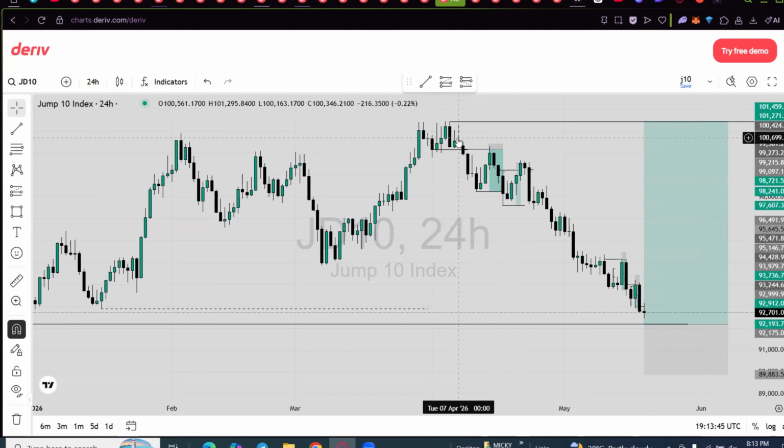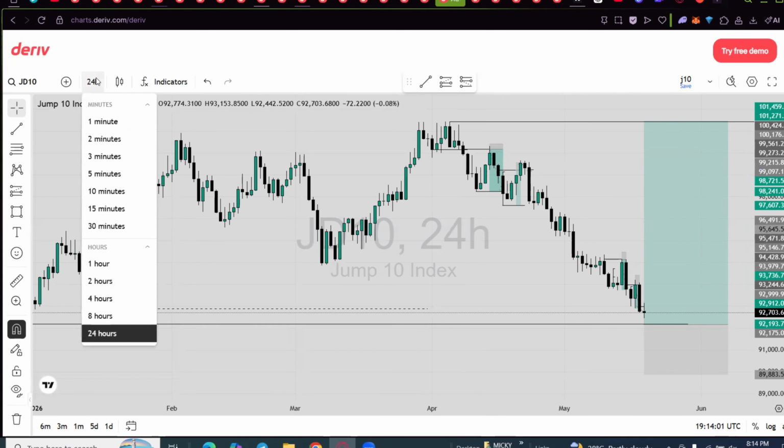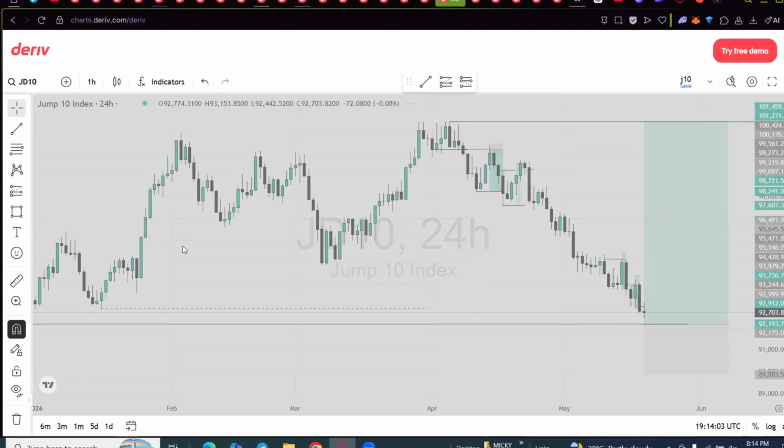Now you can see this other block. I used to say something that price does not leave order blocks unretested. In synthetic indices, I've noticed that it does not really leave order blocks unretested. So once I saw that price had broken this previous low, what did I do? I went down to my 1 hour time frame